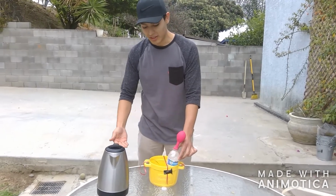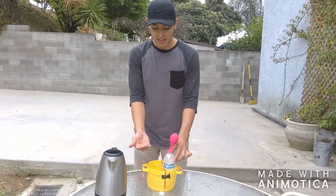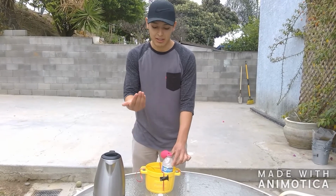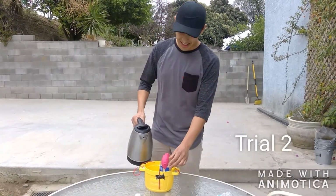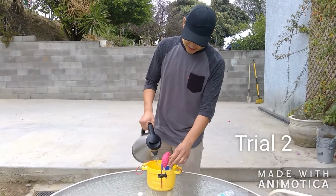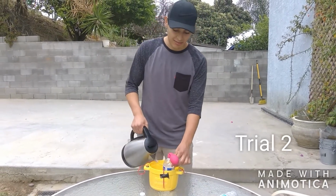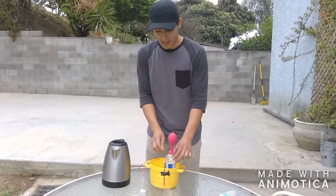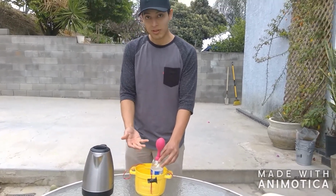So the transfer of heat is going through the bottle into the balloon and around, and as the unused energy or heat is being released to the rest of the universe, showing that equilibrium is trying to be met between both the surrounding and the system by the transfer of heat energy. So as work is still being done on the balloon, it is reaching thermal equilibrium with both the system